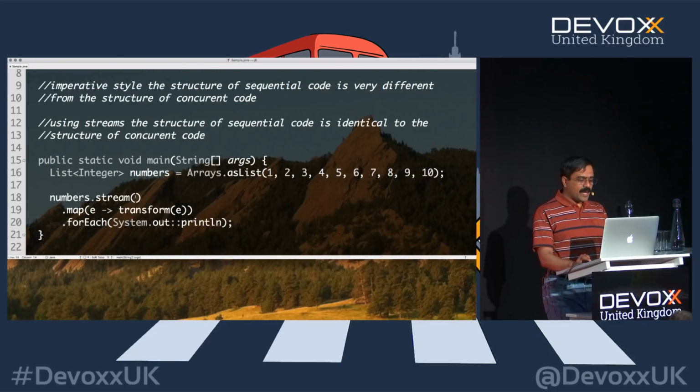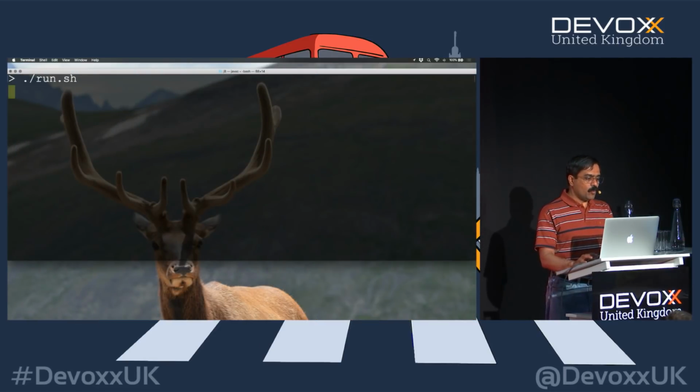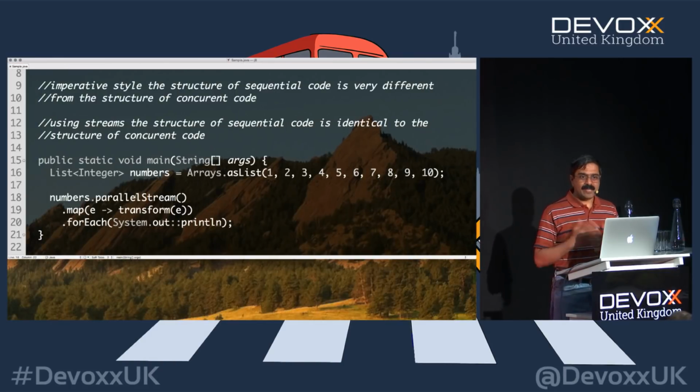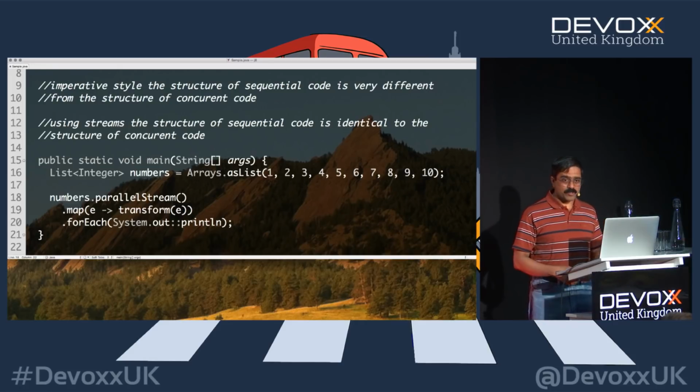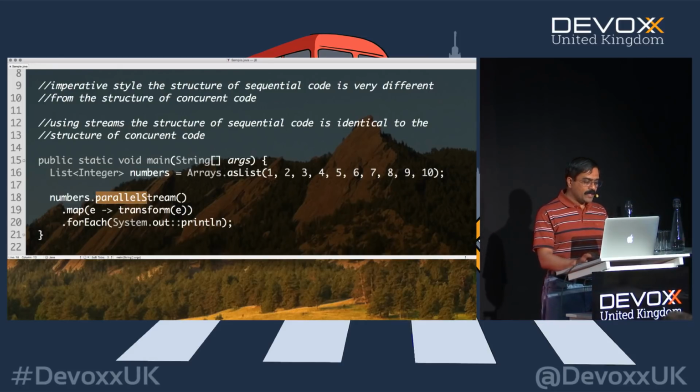But on the other hand, if I were to simply change it to a parallel stream, then of course, with almost no effort at all, we are able to run that code in parallel. As you can see, it did not take the time to run one at a time, a 1 second delay each. We got the result right off the bat, and that's exactly what we are seeing with the parallel stream. So that is one way to really do this.